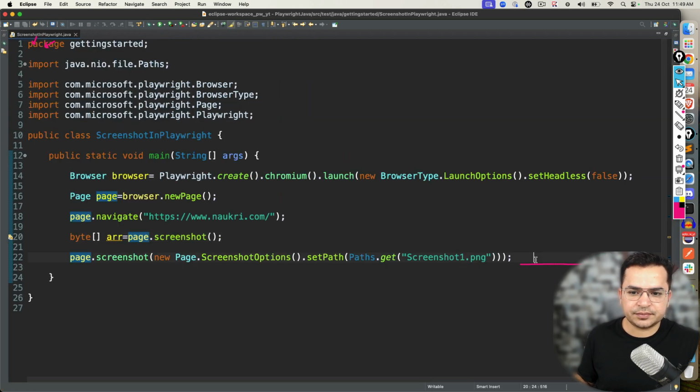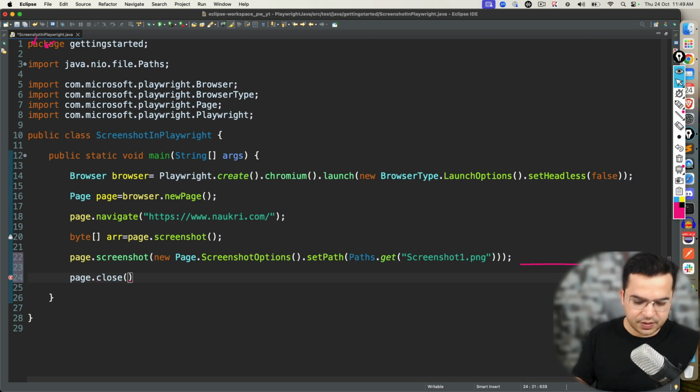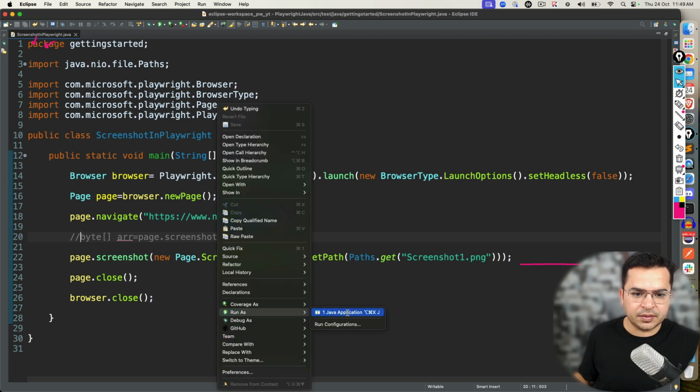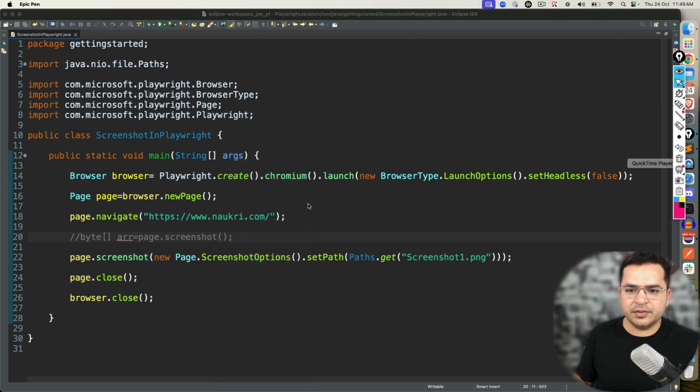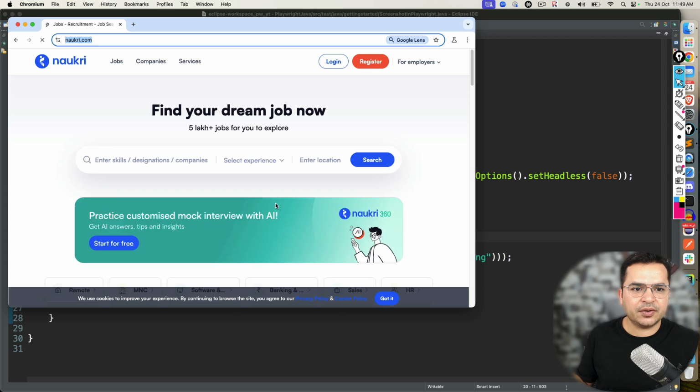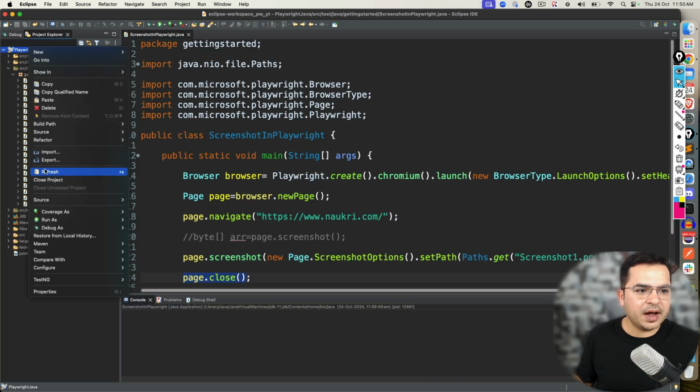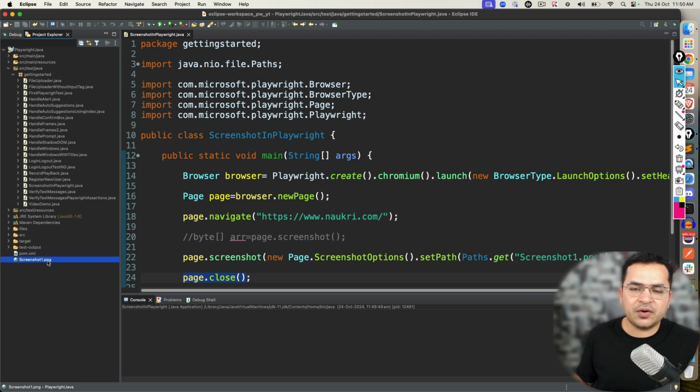So let's see. I will say page dot close, and let's say I want to do browser dot close, so that I don't have to close manually. I will comment this, just keep this for reference. Now the moment I run as Java application, let's see, it starts at nokia.com, immediately captures the screenshot, closes the page, and closes the browser. Now if you come back and just refresh, you can see we got one screenshot,